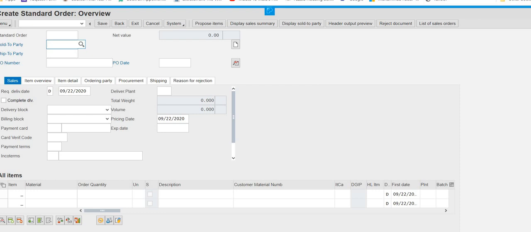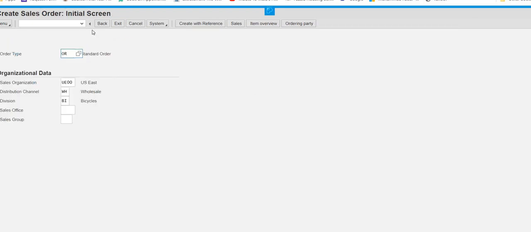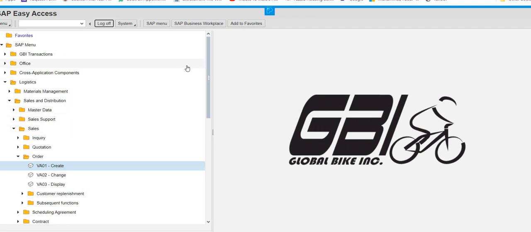Now I am going to quickly go to the next step, and that next step is creating a delivery note. Now, how can I go out from this? I will just go back or exit. Anything can be used over here. Now the next step is creating a delivery note. Now what is the logic of this delivery note? Once the order is done, the next step is that a delivery note will be generated, and that delivery note shows that these items need to be delivered to the customer.